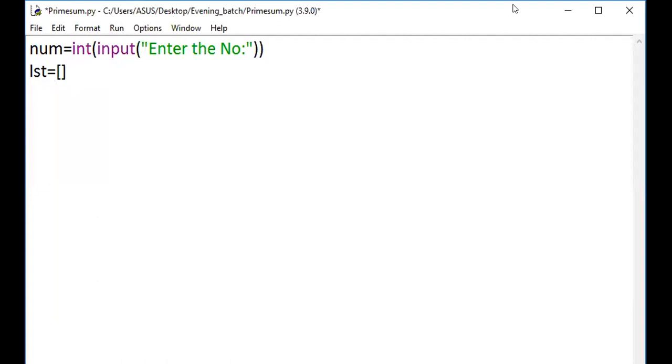Now we are going to check with the prime number series. For generating prime numbers, we know that we need two loops. One loop is for a range of values, like if the value 20 is given, we are supposed to take value 1 and check whether it is prime or not. The same way I'll take the next number and check whether it is prime or not. So we'll take two for loops. The first for loop, let me mention, for i in range of starting from 2 till the given number. I'm going to take a range of values.